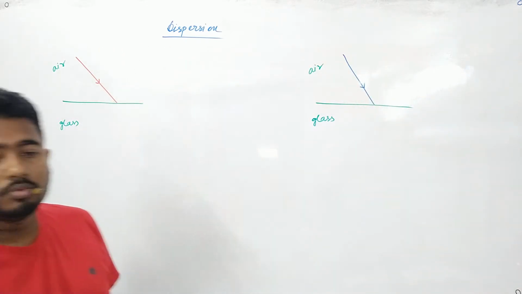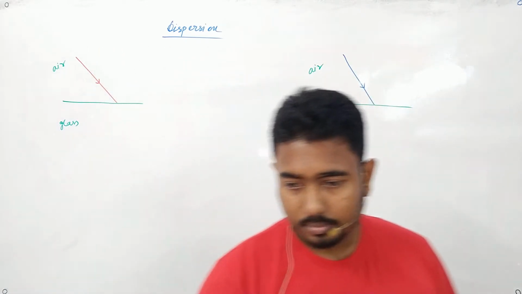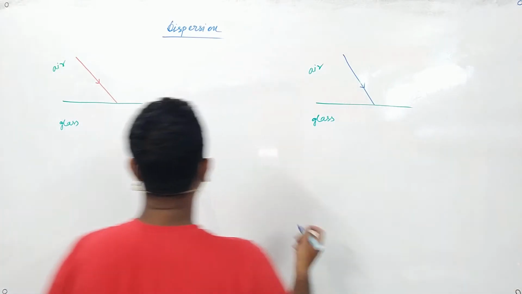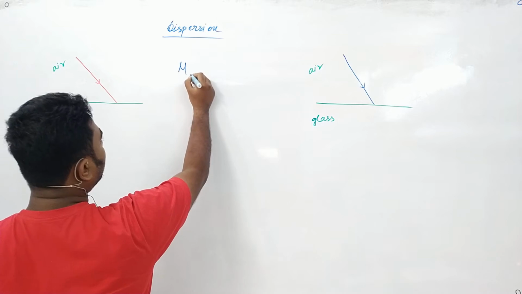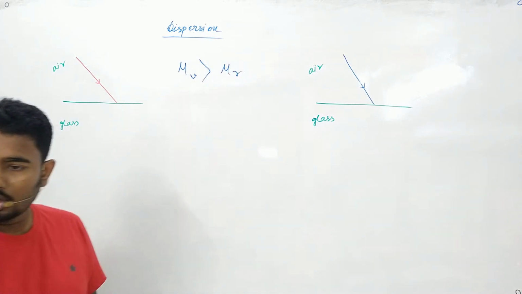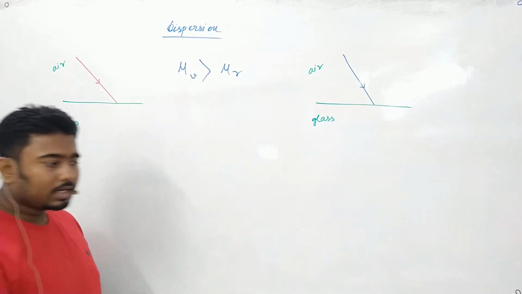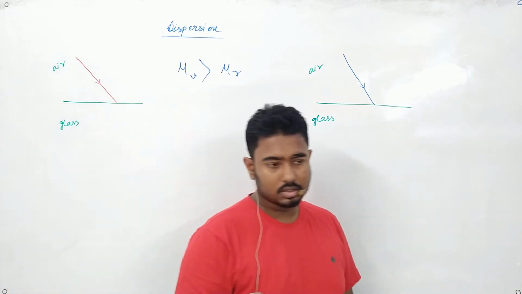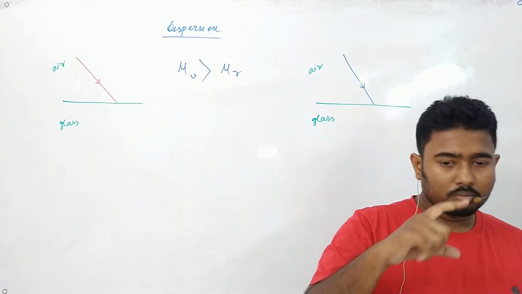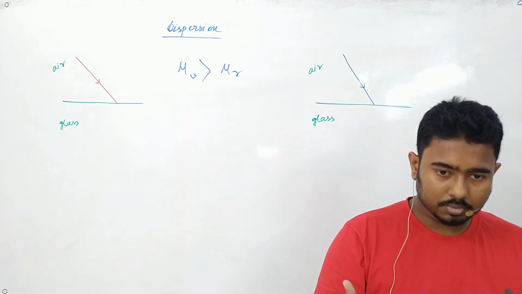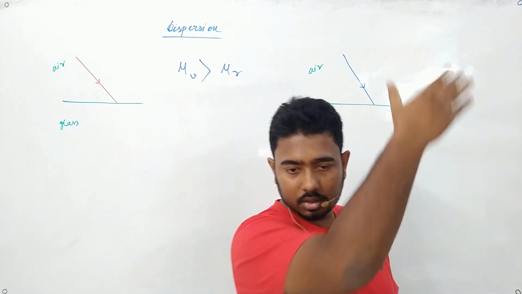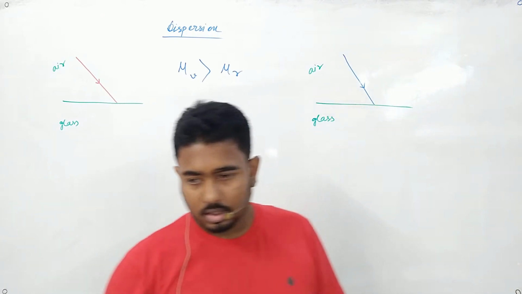Now can you tell me which one has more refractive index? Yeah, blue has more refractive index. Good. So the refractive index of violet or blue is greater than the refractive index of red. If a light ray has more refractive index, does that mean that the one which has more refractive index will bend more towards the normal? Does it mean like that?